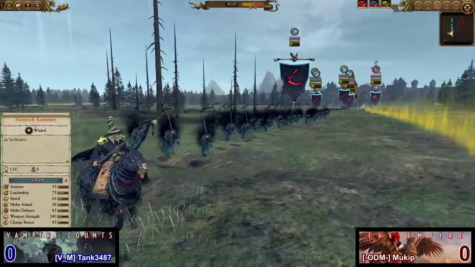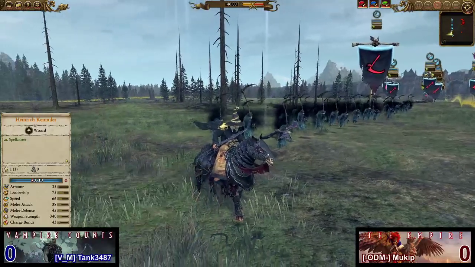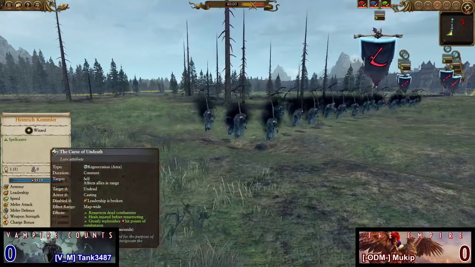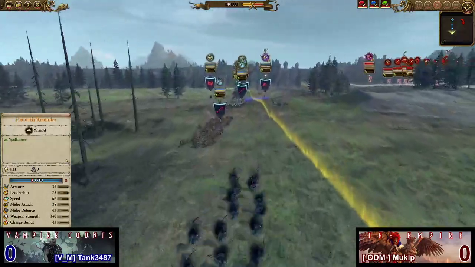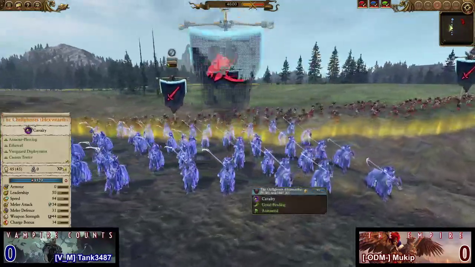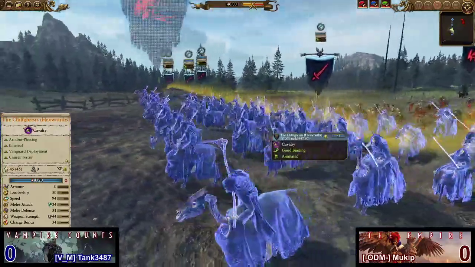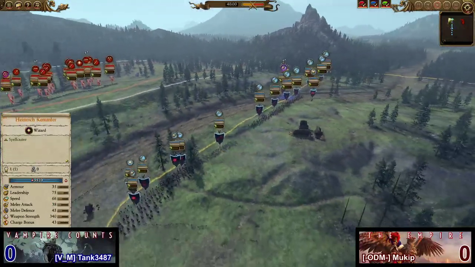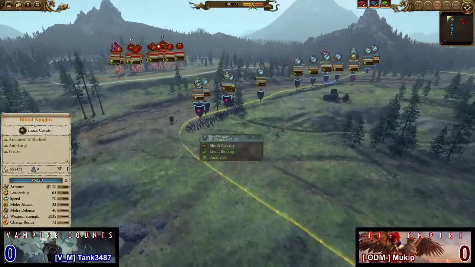He's going to have, of course, his best bud Kroll, Lord of Undeath, Undeath Resurgent, Raise Dead, Behel's Dance Macabre, Invocation of Nehek, and the Curse of Undeath. Now, for the third and final cav unit I can see, we do have the Chillgeist, the ROR Hex Wraiths. Making sure I didn't miss anything. It looks like I may have...